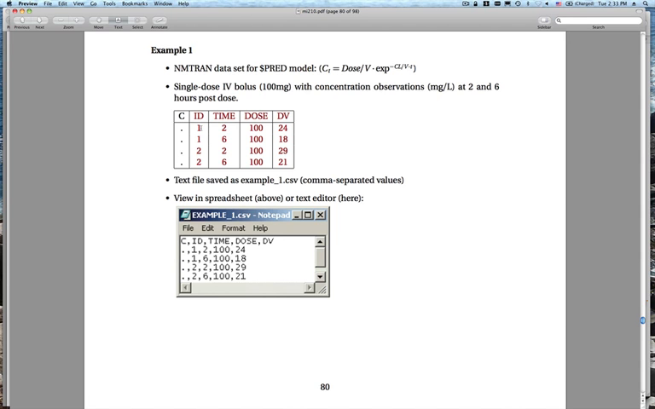Okay, so the ID is the individual ID. So we have 2 subjects here, subject 1 and subject 2. Each one of them has 2 observations. Time here is not required for NONMEM purposes, but it is required for our model because time is part of the model equation. So we have time 2 and 6. This is relative to some nominal dosing time at time 0. And it's a single dose